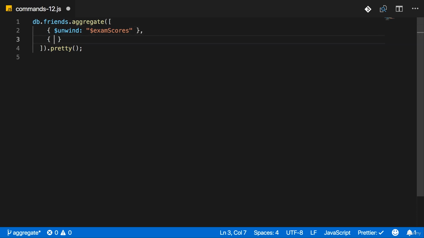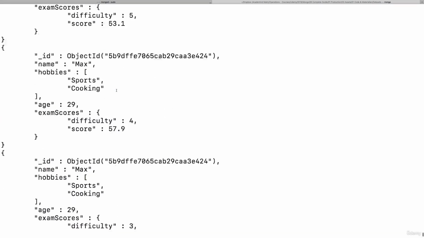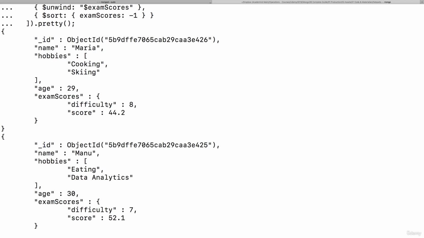In the next stage thereafter, I want to sort. And I want to sort on exam scores, which will not be an array anymore at this point because of unwind, but a single value. And I want to sort in descending order. By the way, you don't use $exam scores here because I'm referring to the field name and not to the value of the field here. So let's try this. So now what I get is a bunch of documents, and the document at the top has the lowest score